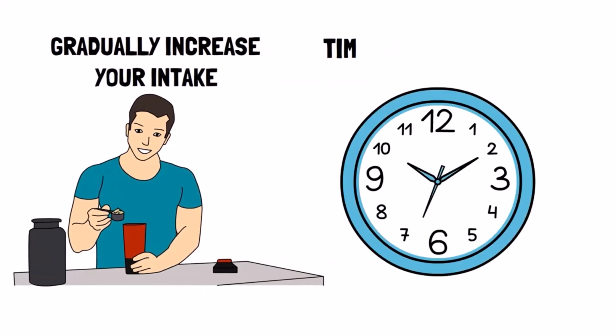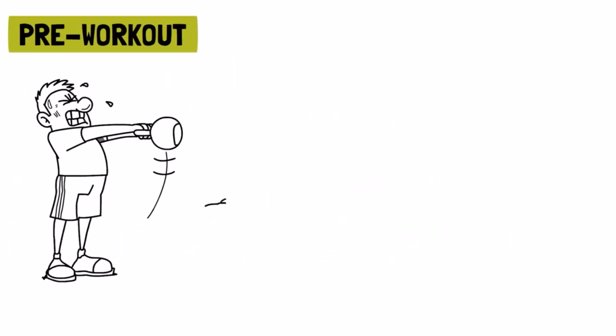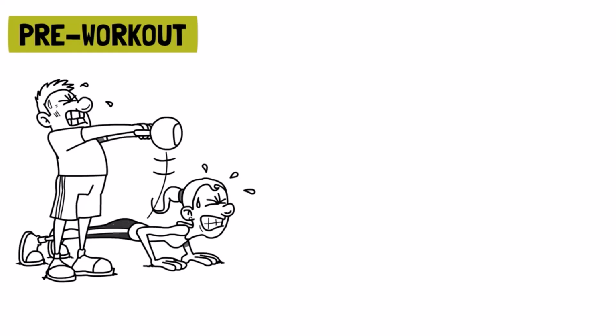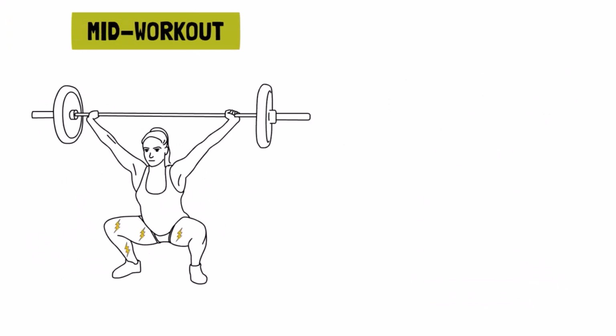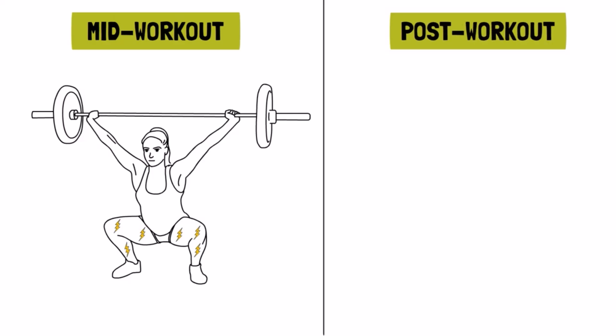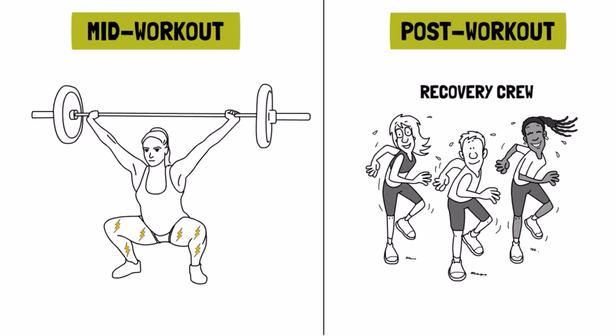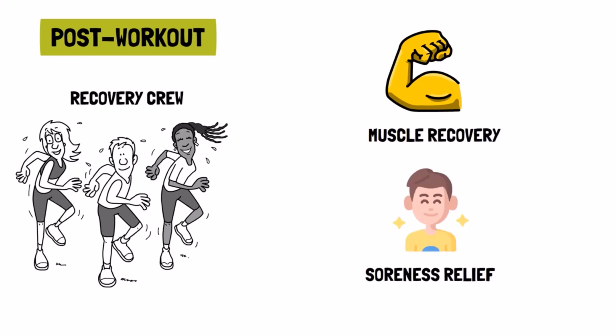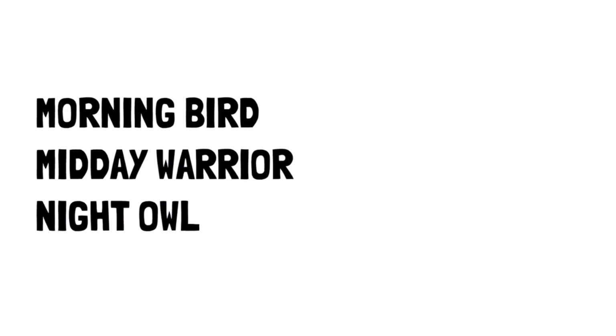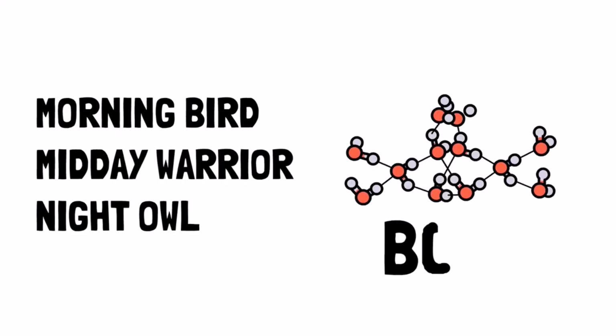Also, don't forget that timing is everything. Pre-workout branched-chain amino acids are like a pep talk for your muscles, reducing breakdown and giving you that extra zing of energy. Mid-workout, they're the cheerleaders, keeping your energy levels up and fatigue at bay. And post-workout, they're the ultimate recovery crew, helping your muscles bounce back and reducing that dreaded soreness. So whether you're a morning bird, a midday warrior, or a night owl, there's a branched-chain amino acids time slot